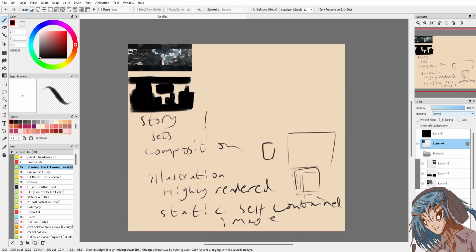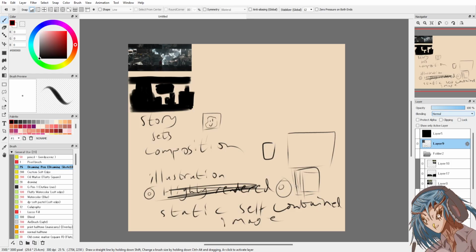An illustration can be simple. It can be a sticker, a chibi sticker. It's still an illustration. It doesn't have to be highly rendered. Highly rendered ones stand out to people who don't see the world this way, because they're fun to look at and they make you go wow immediately. But it isn't the only way. There's so many types of images.